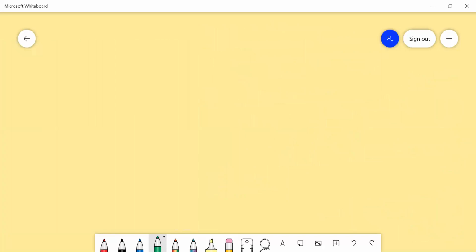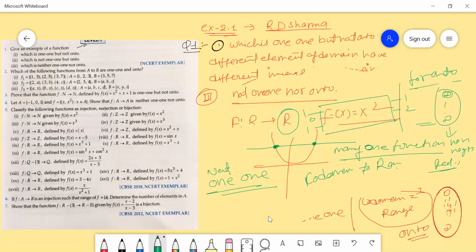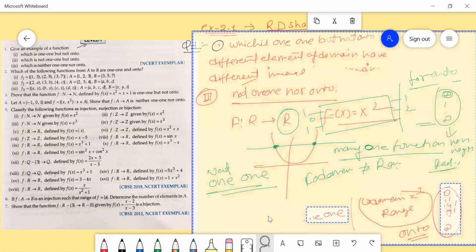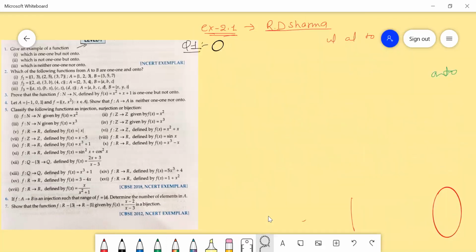Question number two is: which of the following functions from A to B are 1-1 and onto?